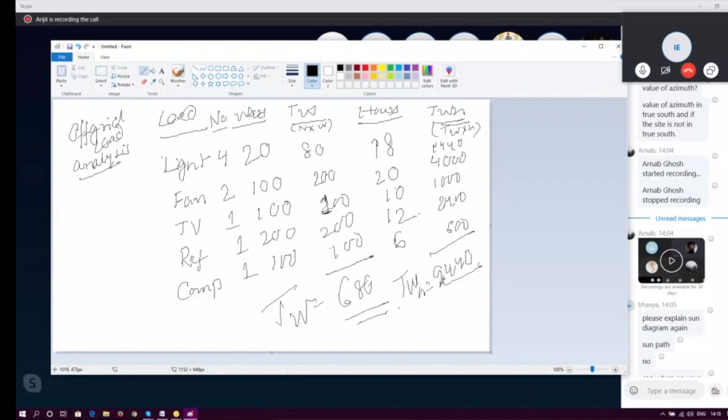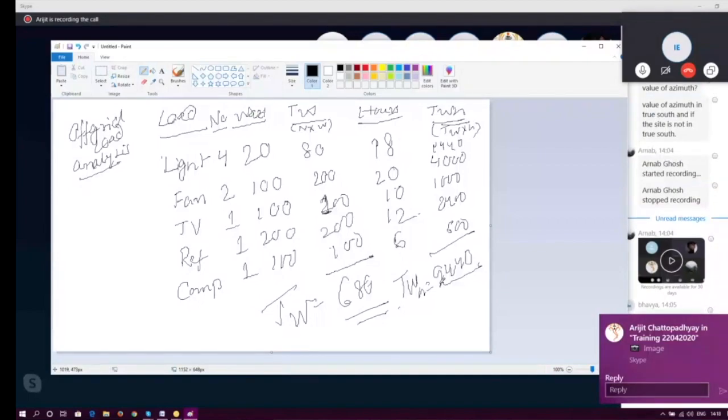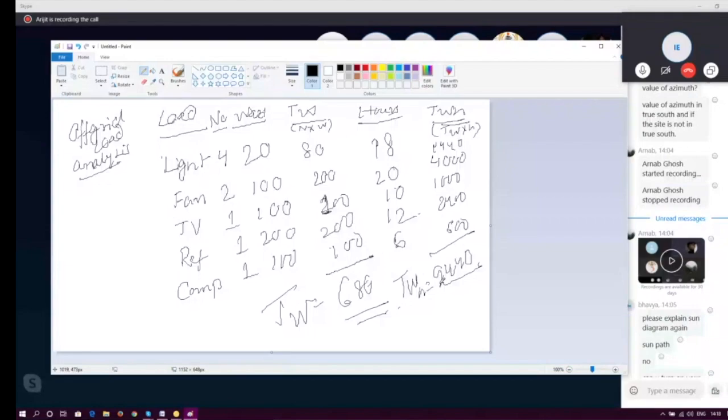One thing we need to understand: while doing a manual calculation, there is a chance of a little bit of error. Why? Because in a manual calculation, we can't adjust the load distribution. If the major part of the load is running during the sunlight hours, the battery backup required will obviously be lesser. But if it is running in the night hours when there is no sunlight, the battery backup required will obviously be more. So the hourly distribution analysis of load is not possible in manual calculation. It can be adjusted only in PVsyst.